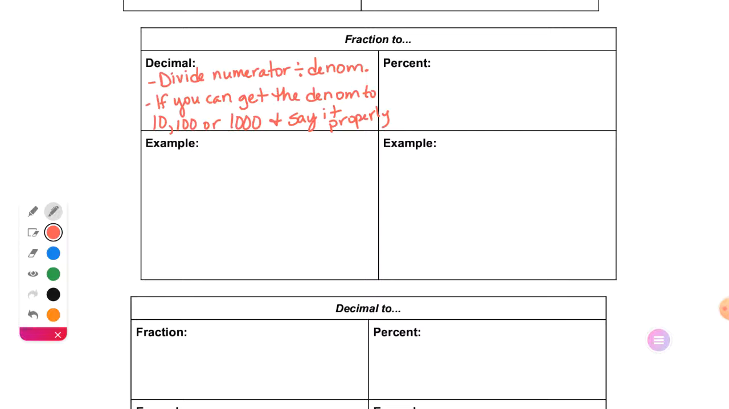Or we can divide it out. So we're going to do one of each. This one we're going to split it this way, just because we're going to have to do some long division. So for the first one, I'm going to do